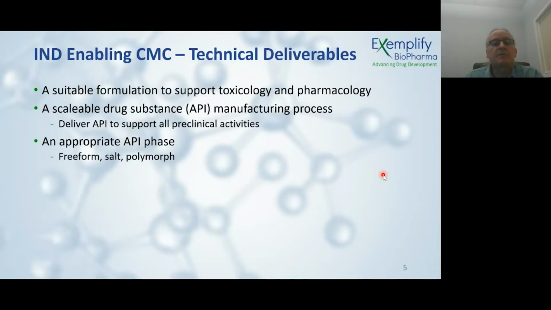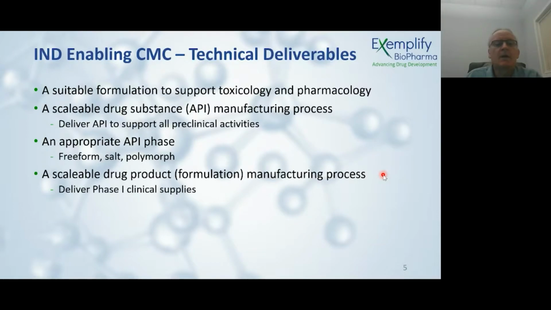You also need an appropriate phase for your drug substance. So will it be the free form? Should it be a salt, a polymorph, or what exactly is the form of that final API going to be? You'll need to be able to formulate it, and you'll need to have a scalable formulation, because you're going to have to manufacture your phase 1 clinical supplies. So whether that's a capsule, tablet, or even an on-site formulation, you still need to establish the stability of that